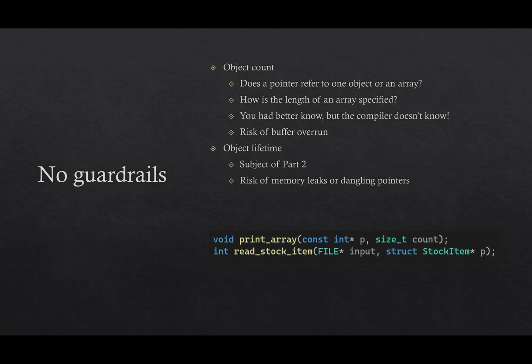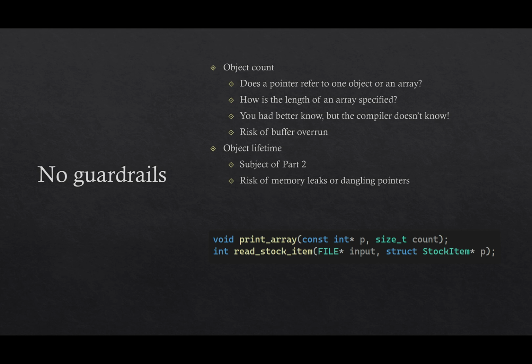So the main thing it comes down to is there just being no guardrails. And there are two main ways that that's the case. One is that the object count is really just up to you to enforce. The language can't really enforce that. And the other is that the object lifetime, likewise, is something that the language can't really provide strong guarantees for you. I'll talk more about object lifetime in part 2,